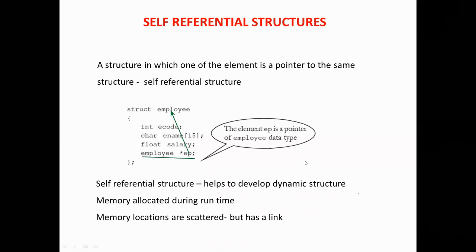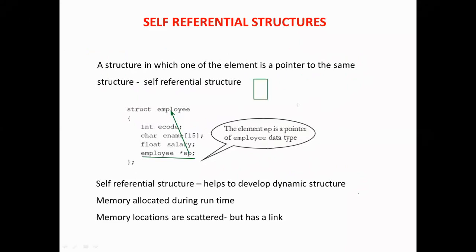What happens here is, this is another way of dynamically allocating a structure. That is, it is going to create a link. So how to do this? You have a box over here. In detail, you will be learning this in your third chapter, that is known as your links.